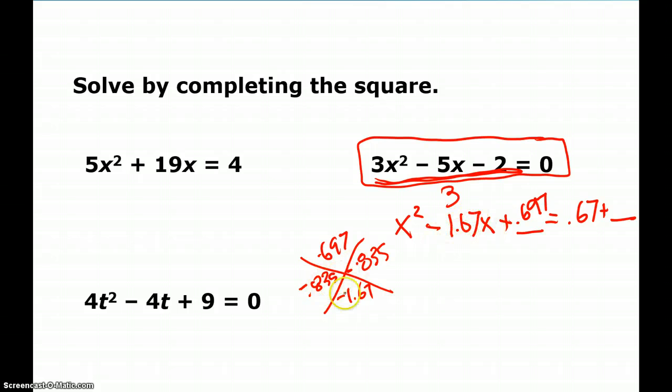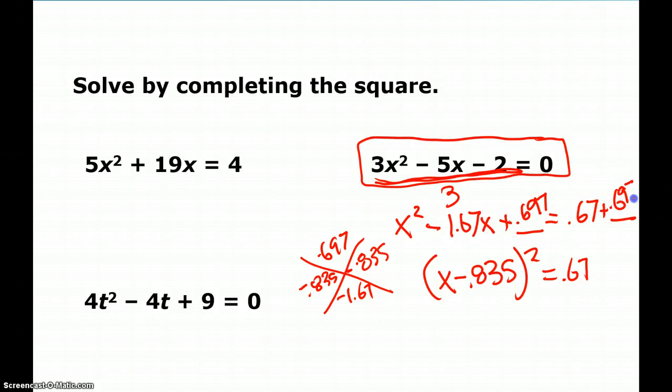It's negative 0.835, negative 0.835. So this becomes x minus 0.835 squared. This was 0.67. If I add this to one side, I got to add that to the other side. So 0.67 plus 0.697 is